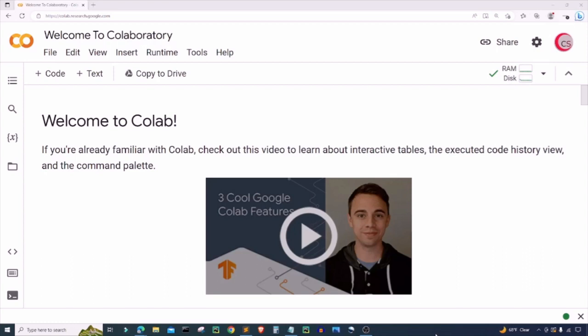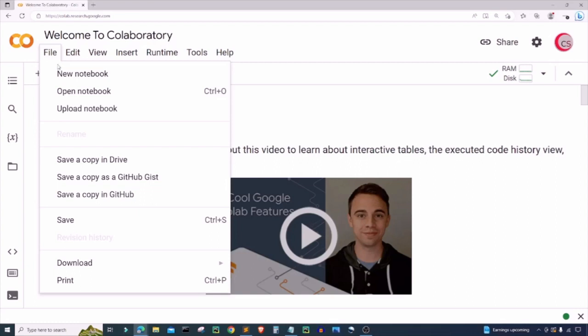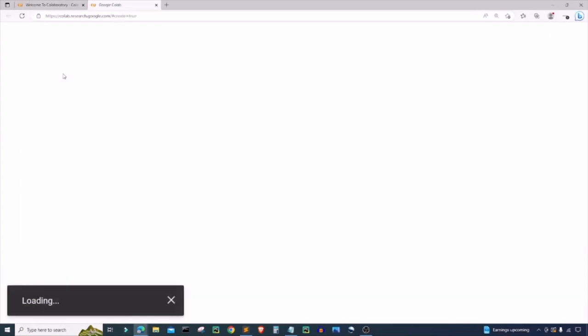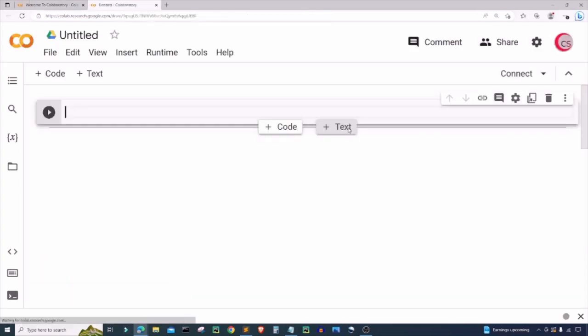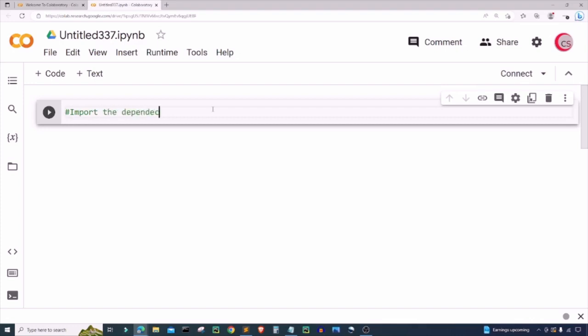So if you're going to program along with me, go ahead and click on File, then click on New Notebook, where a new tab will open up for you, and then eventually a new cell will open up for you. All right, and this is where we will be doing the coding. So the first thing I'm going to do is import the dependencies or libraries that I plan on using